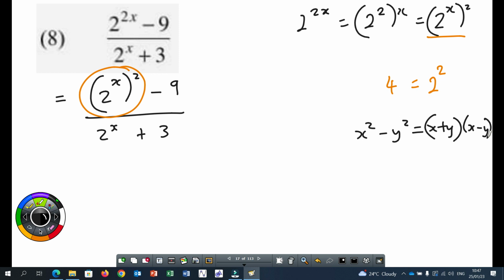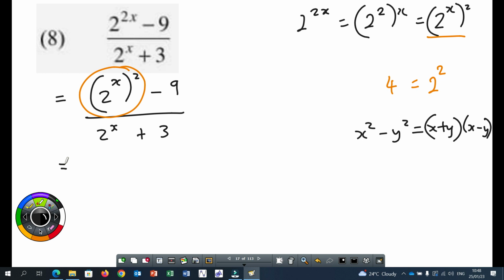Isn't that so? That knowledge of the difference of two squares from grade 9 and grade 10, when you are in grade 11, you are doing exponents. It is required. That's why you did it in what? 9 and 10, to prepare you for this year. So all the concepts on factorization that you were taught in grade 9 and grade 10, you need them this year, especially this term. So this will be equal to... Now, if I apply that